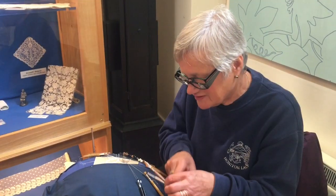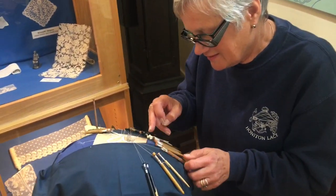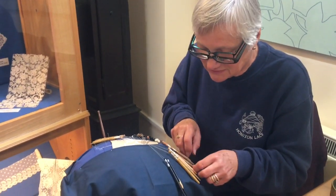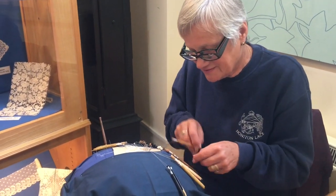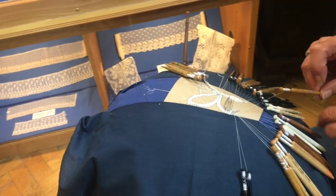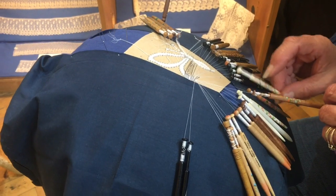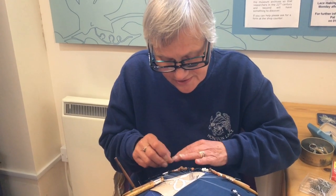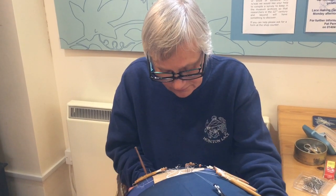My name's Rosemary Connett. I've been making lace in Honiton, or making Honiton lace in Honiton, for about 35 years. And at the moment I'm doing quite a large butterfly, because I can do this while I'm chatting to visitors that come. Daphne does lace classes in the museum on a Monday evening,